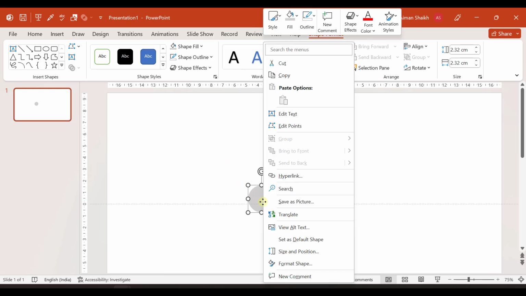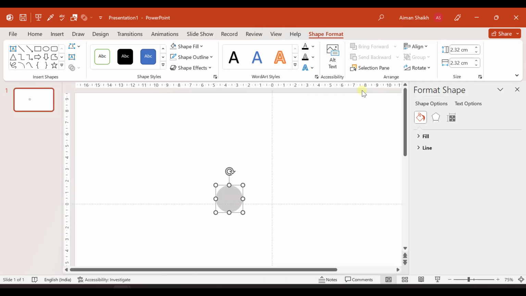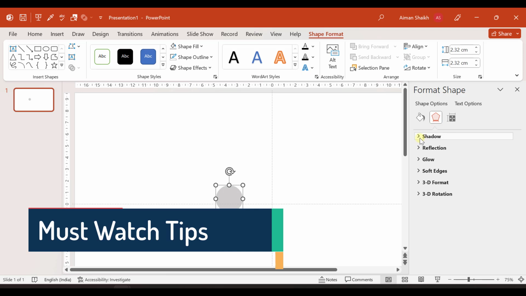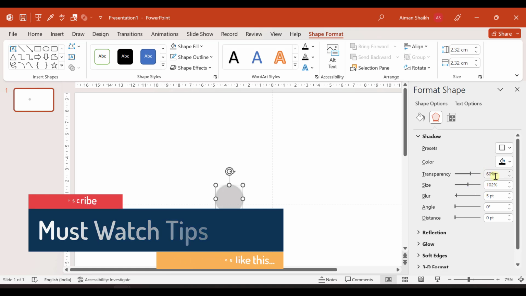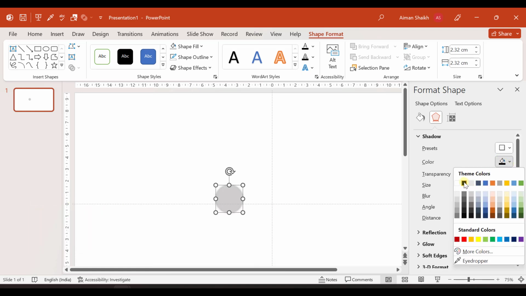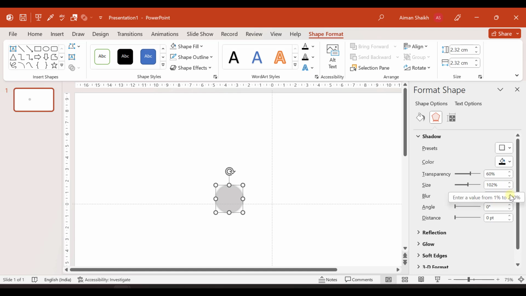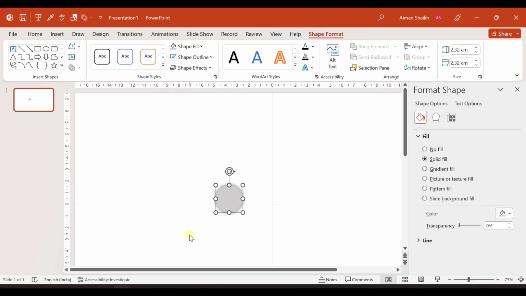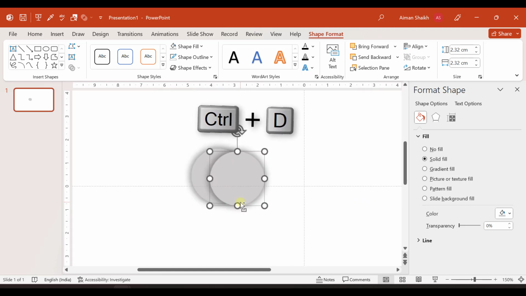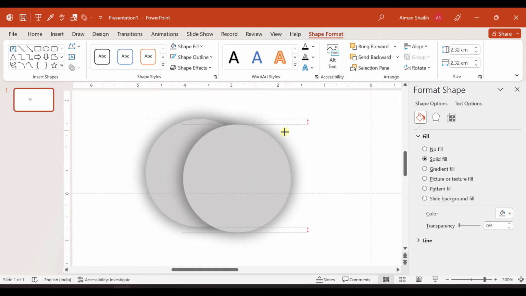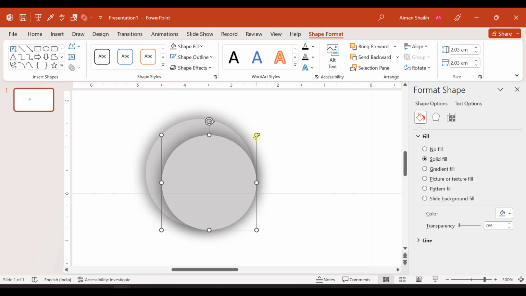gray color. We go to shape format, and let us have some shadow of this. So let me take a shadow like this, and let us increase a blur. Now let us duplicate this. I want to duplicate this object, so I'll press Ctrl D. This is how I can create an exact duplicate shape. Now let us resize this a bit smaller,